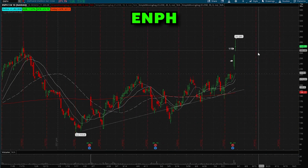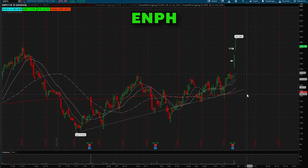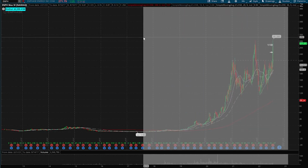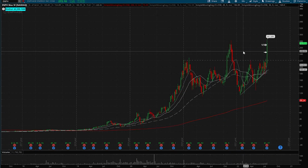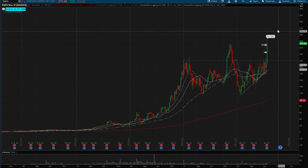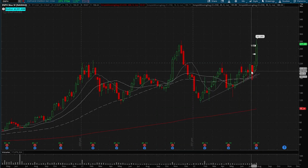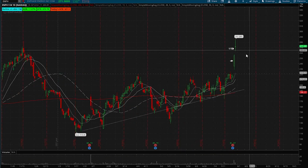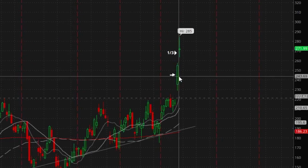Next up, we have ENPH. Now, this is a little bit different type of setup here, but as you can see, this stock looks really good on the weekly. I mean, a clear uptrend. It's chopped around, survived pretty decent during these market conditions, and then it started getting tighter here following these uptrends on the weekly chart. So on this day, when it had a great reaction to earnings, I got in on the stock